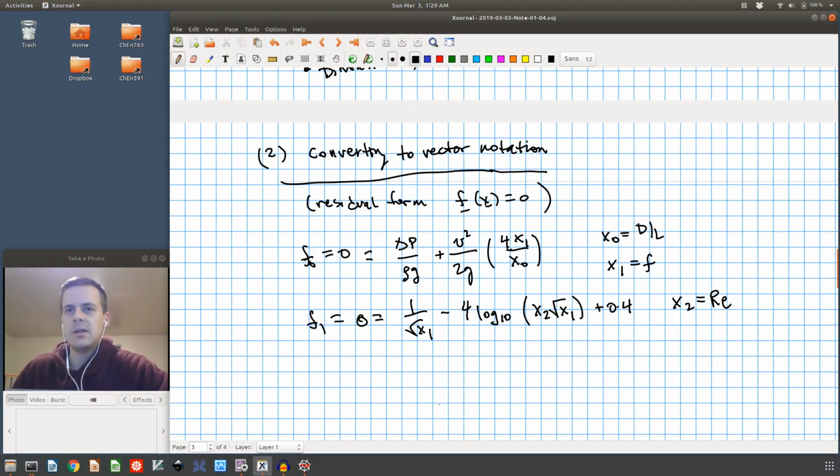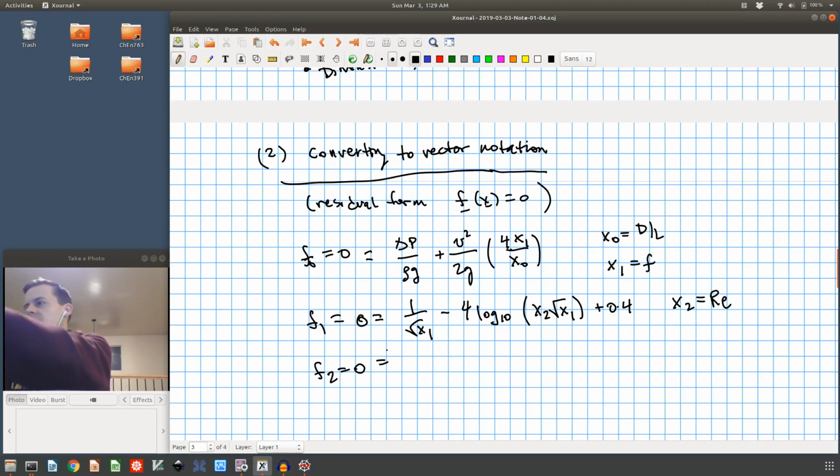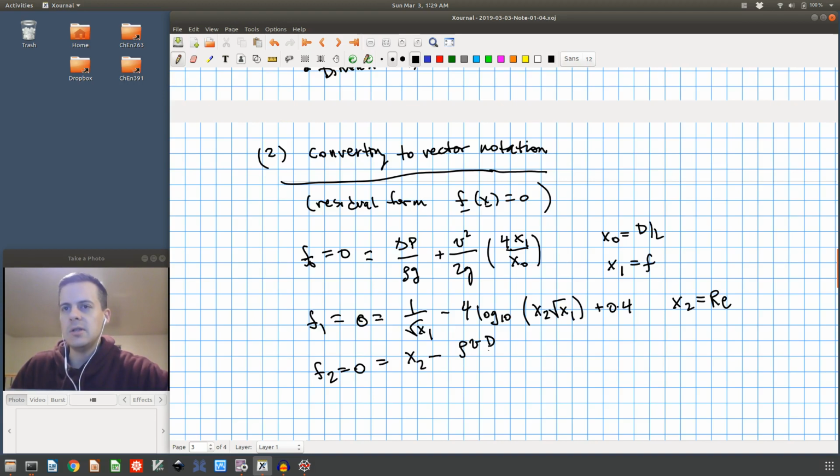Now my last one was just f2 equals 0, which is the Reynolds number, x2, minus rho v d over mu. I'm going to multiply top and bottom by L over L, so that is equal to x2 minus rho v L over mu